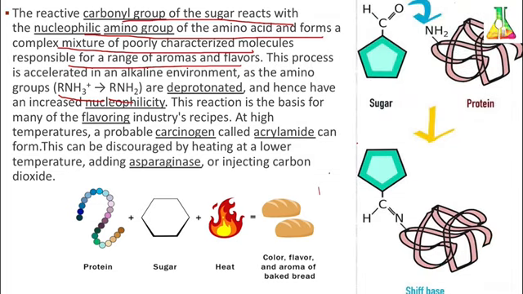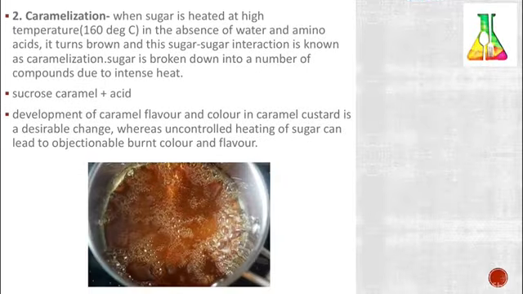Okay, so I have more to add. For Maillard browning to occur, the proteins or enzymes in the thin layer of cell membrane in fruits and vegetables are enough. In light colored foods such as dried apples, the effects are particularly noticeable. Okay, so let's move to the next, caramelization.